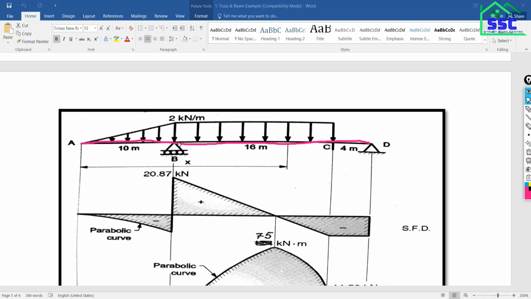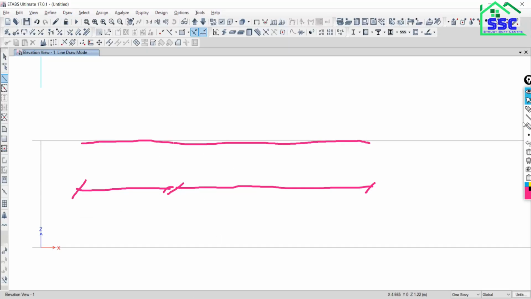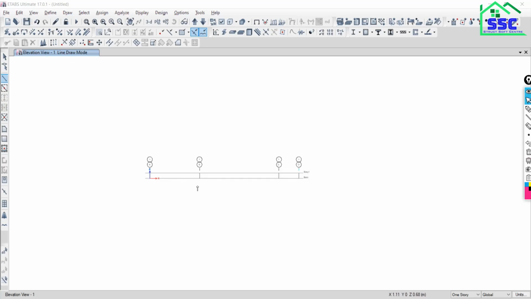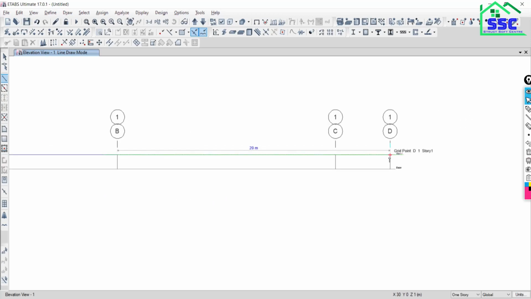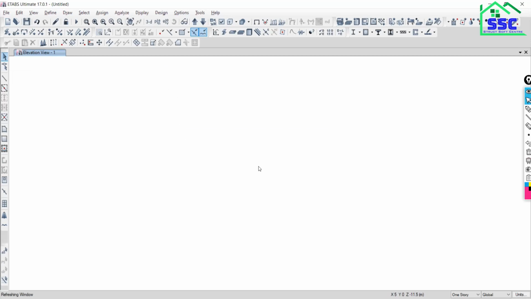We are going to model this beam as this is a cantilever beam. So we will start to model from this point to this point. This will be the first beam, and then from this point to the next point, this will be the second beam. Okay, so how to do this? Go to tabs, close it. Just click on the left point and freely move to the next point. Okay, the first beam, and then go to the last point, click here. So as you can find, both the beams have been